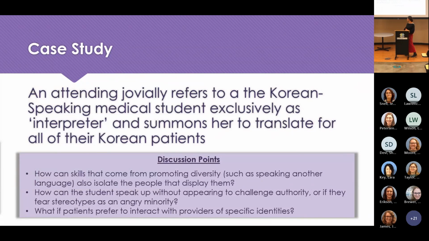And so in this case, a medical student who's worked really hard to get where she has come to is maybe not being recognized for her other skill set as a physician, as a provider, and maybe feeling potentially diminished as being just an interpreter, in this setting.